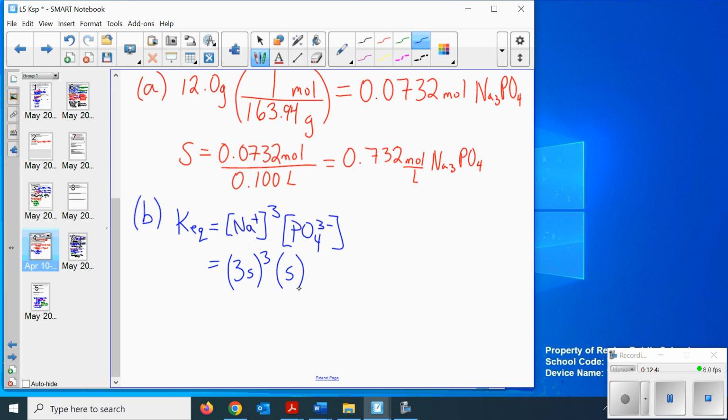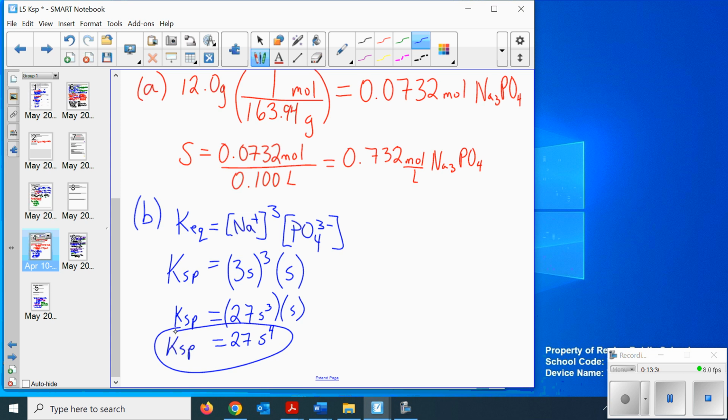So I can do the cubing in my head, I think. 3 times 3 times 3, 27. So the number is 27. Actually, I'll do it in 2 steps. 27 S cubed times the single S. 27 S to the 4. That's my, well, I put an equal sign without putting what this was. Ksp. My Ksp expression is 27 S to the 4. I'll write this Ksp. Don't necessarily need to, but I'm using this. Now,